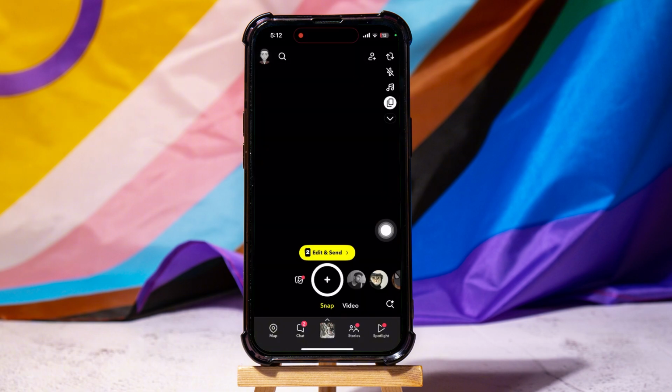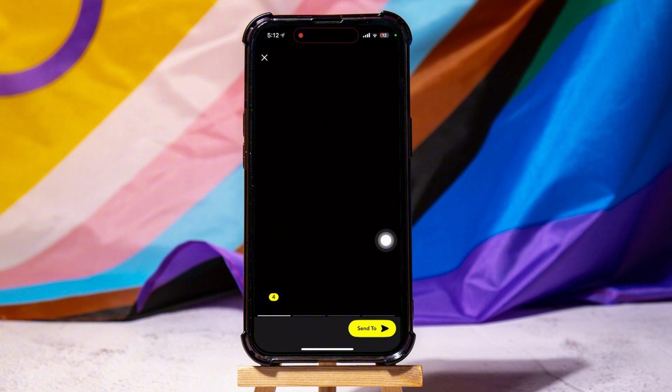You can also edit each snap. Tap on Edit and Send after you're done taking the snaps. Here, choose which snap you want to edit and edit it as you like. Then tap on the Send To button at the bottom right corner of the page to share these snaps with